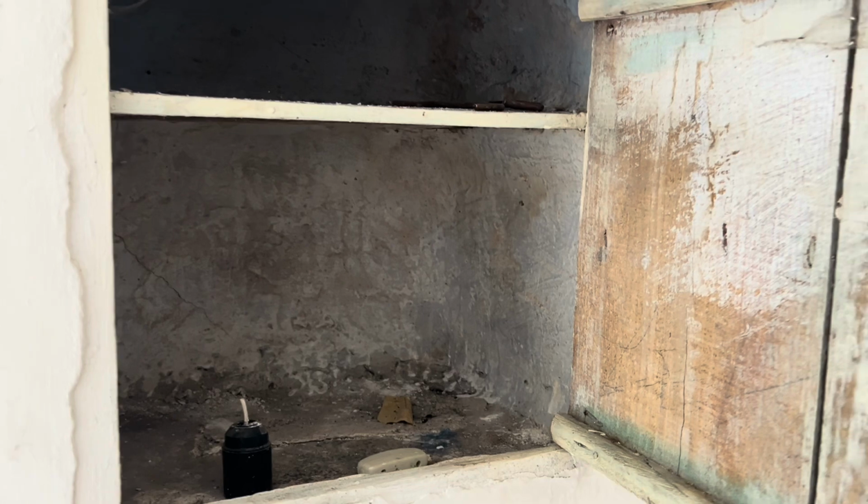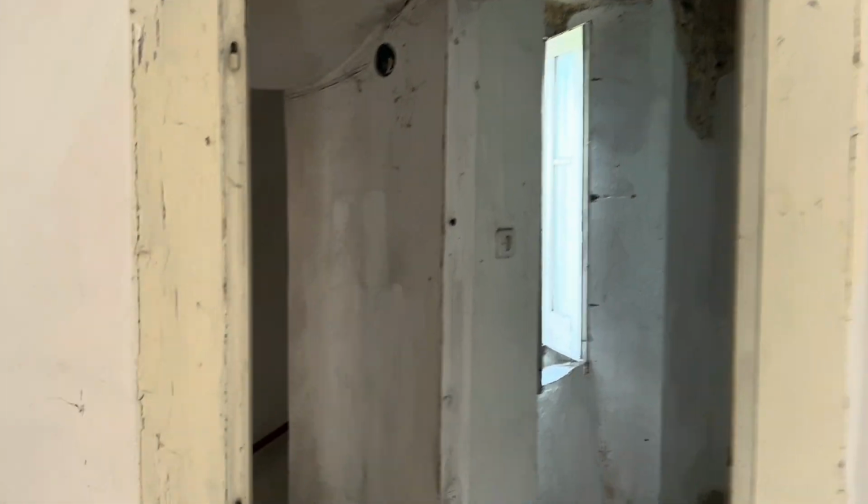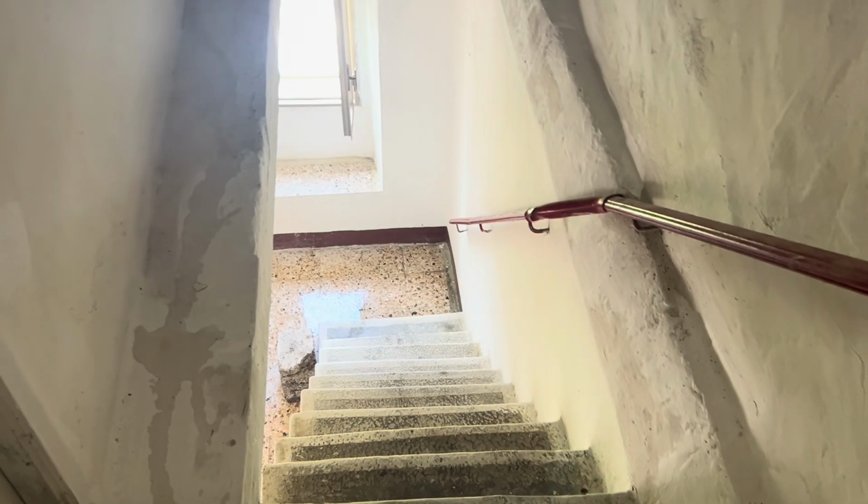Okay, so this is one of the old cupboards in the wall. This is rather a characteristic old doorway, which is quite nice. So we go down here. That's a view of the staircase. Again, I think she's putting excess water on everywhere rather than brushing. But anyway,